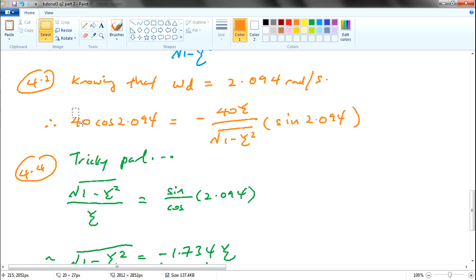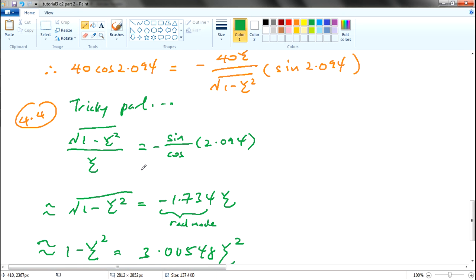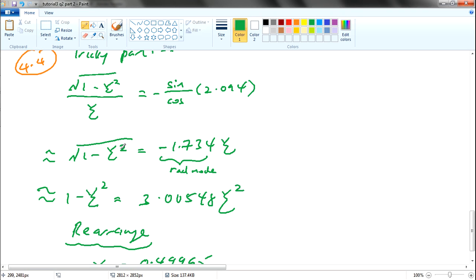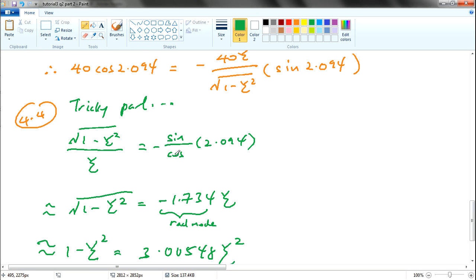You may be wondering why the 40 is there. The 40 is actually cancelled. So therefore 1 minus, it's just switching the sign. This one comes out, this one comes down, so it is just like that. I also forgot to put in the negative sign. After which we can bring this damping factor up here, so it will be